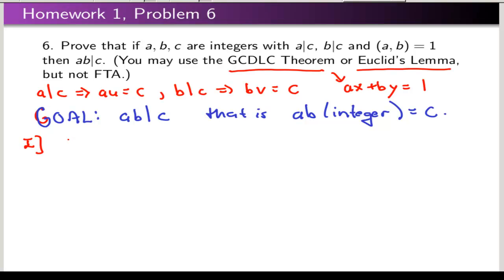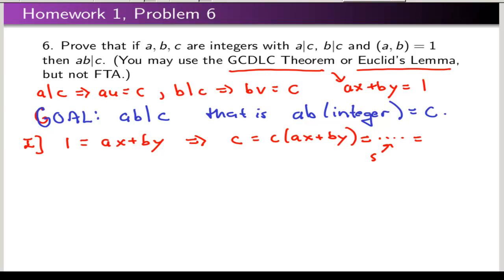So I'm going to start with 1 equaling AX plus BY. And I want to get C equals something. So I'm going to multiply by C. And then substitute